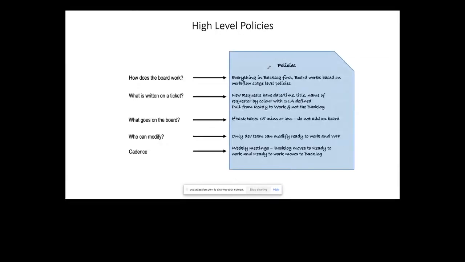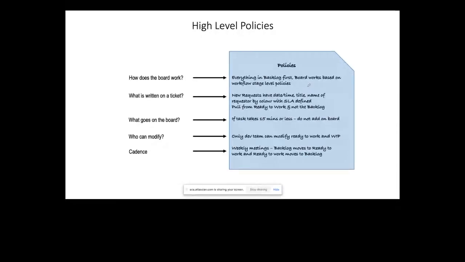High-level policies are policies that are applicable for the entire board. When we are creating a Kanban board, there are certain guidelines or policies based on the work that we do that are applicable for the entire board. Have a look at these examples that I've added. Everything in the backlog first.